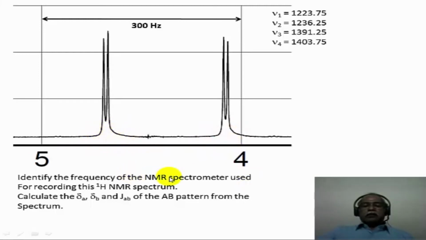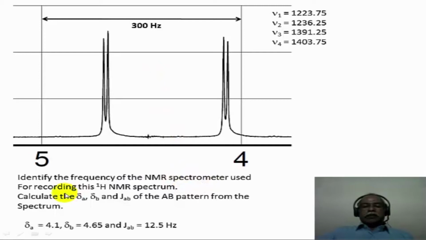This is something we have already solved during the NMR spectroscopy lecture. So please refer back to the arithmetic that needs to be done using the 4 frequency values in order to extract delta A, delta B and JAB. What is JAB in the spectrum? You take the difference between line 1 and line 2, that is JAB, which should be identical to the difference between line 3 and line 4, which is also JAB.